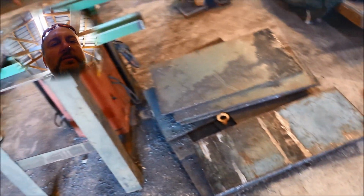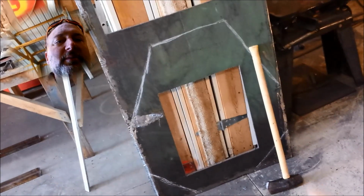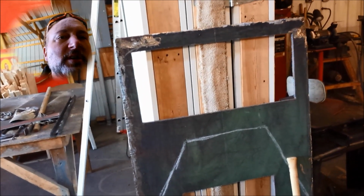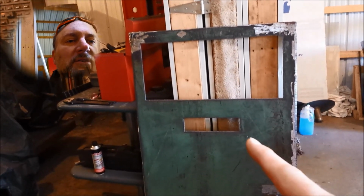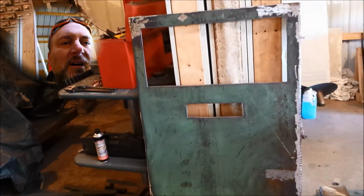All of my other pieces are sitting here on the floor. My front panel with the door is sitting here. The panel up here will have access to the heat exchanger tubes, and then my panel back here is the back panel, and again that's the back access to the heat exchanger tubes,